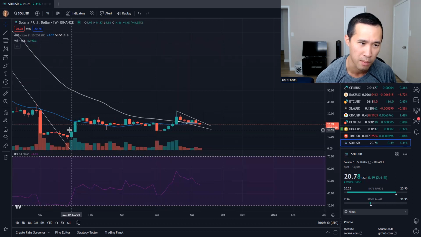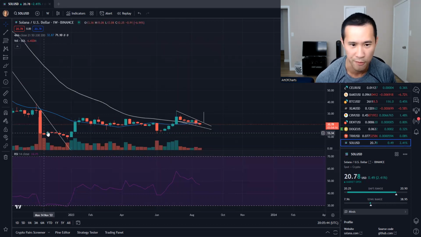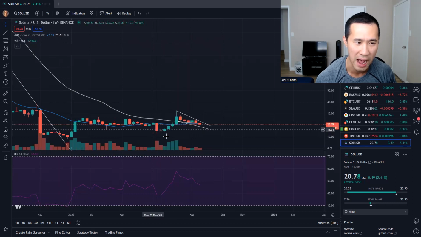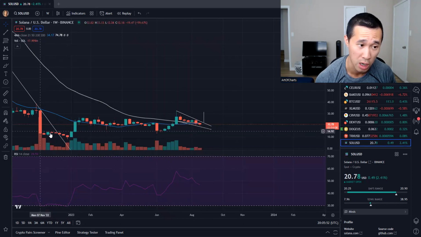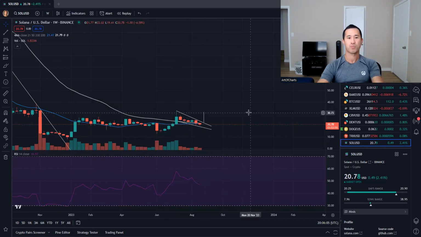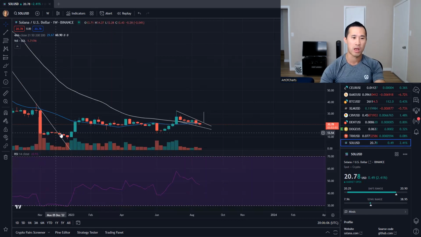And then in this about $15 actually. In this area, we can actually refer back to this area, which was a pretty busy zone, right? Where there was a lot of consolidation going on. So pretty strong support, I would say, at about that $14 to $15 area, based on what is being seen right here.